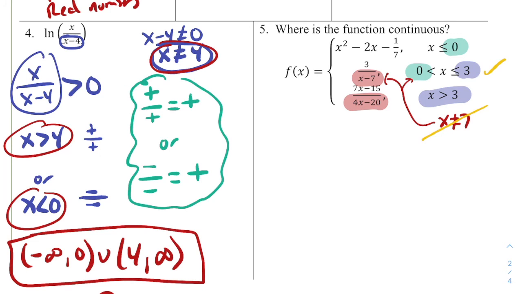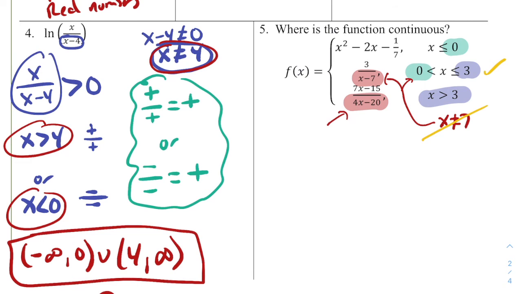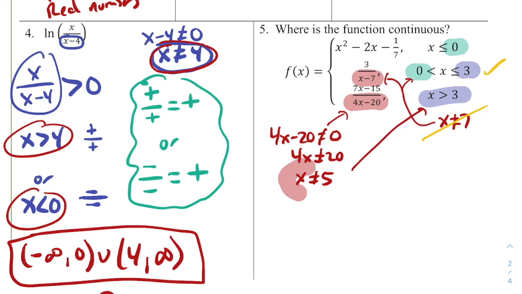However, if we take a look at the denominator of our third equation that we've got right here, we would have 4x minus 20 is equal to 0. We don't want it to be equal to 0, which means that 4x cannot be equal to 20, and x cannot be equal to 5. That is on this interval that we've got here. So we do need to be careful, and that is going to be one that we're going to need to worry about here. So that's one piece that we are going to need. In addition,